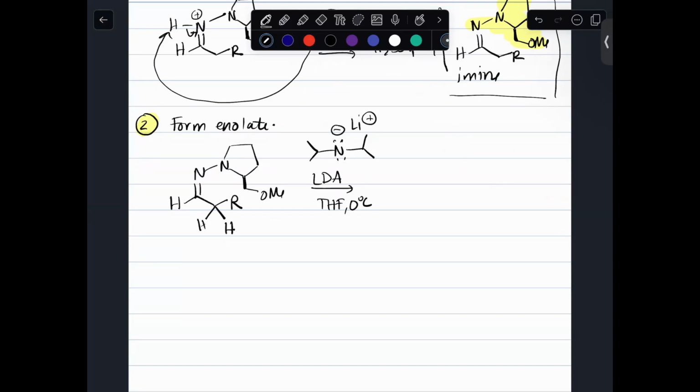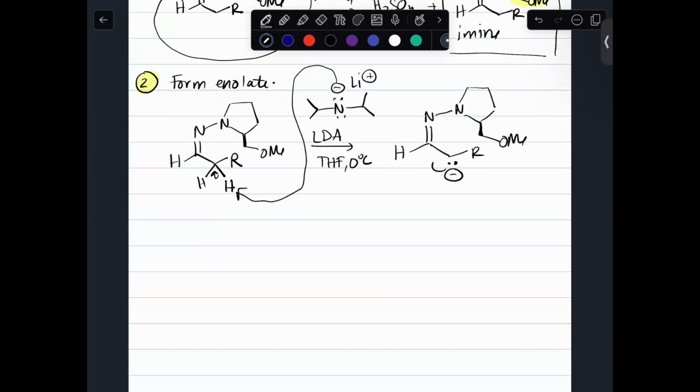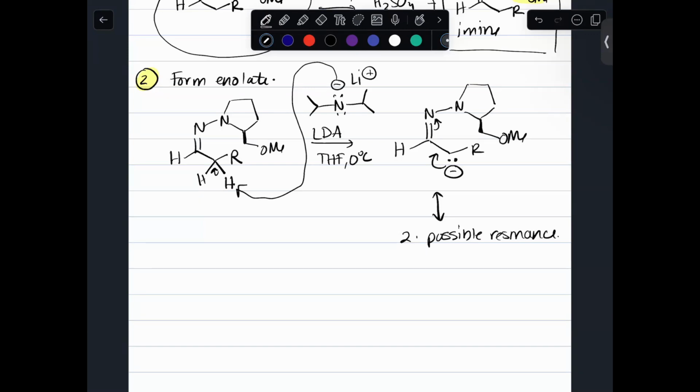Okay. Just like before, you form your conjugate base. Now, if you remember for our Evans oxazolidinones, for our Andy Myers methodology, we always formed our conjugate base, and then we drew out the possible enolates. And we'll do that for this as well, because when you've got a resonance structure, just like before, there are two possible resonance structures. And so let's go ahead and draw those out. The first resonance structure